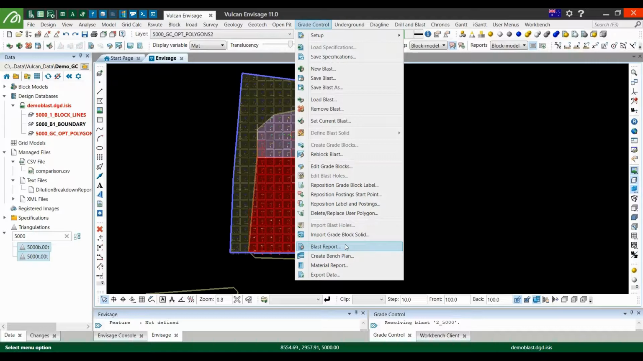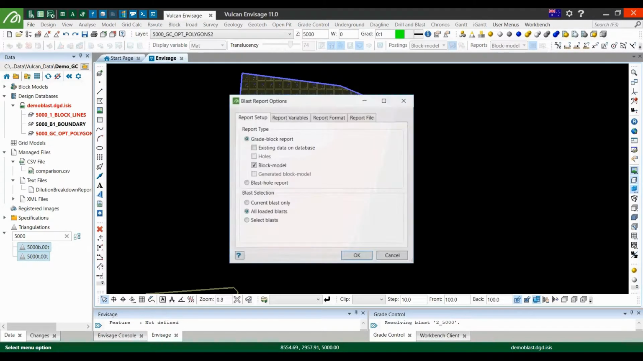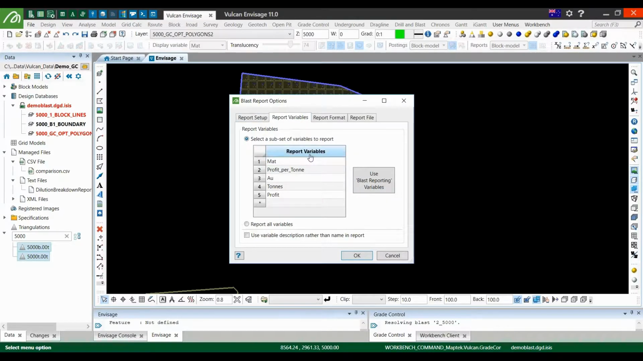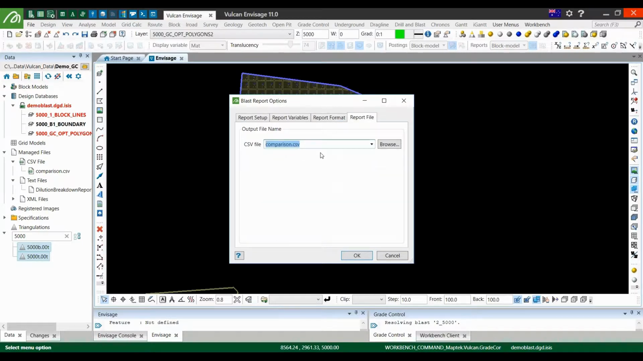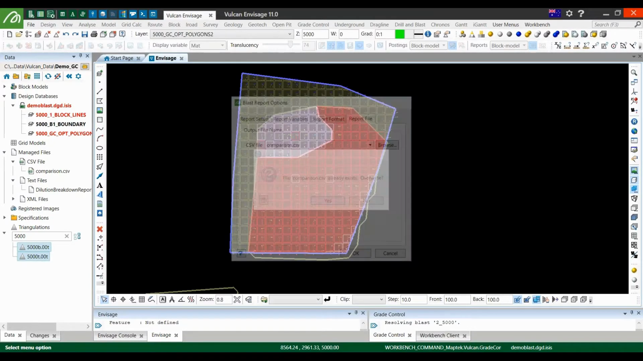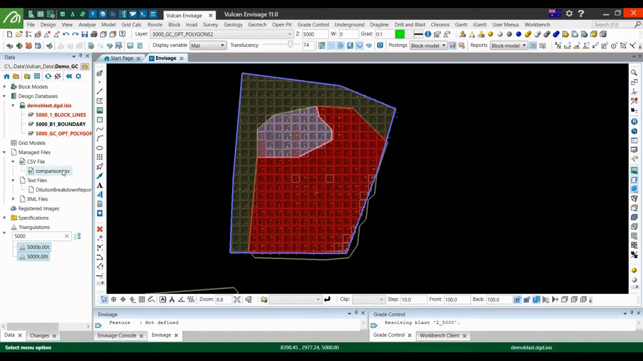And as I've got 2 blasts up at once, I can compare the 2. So all blasts, reporting my materials, my gold grades, and my profit. Putting in some averages and some columns to make the report easier to see. So that's just generated that. And if I just open that up,